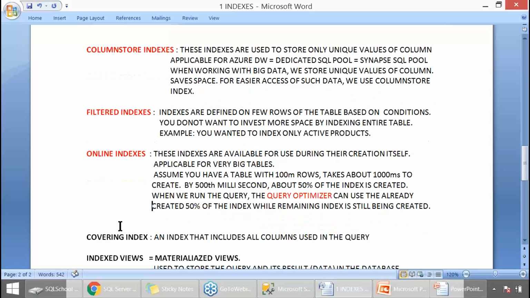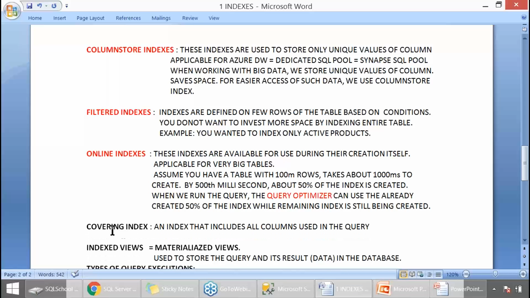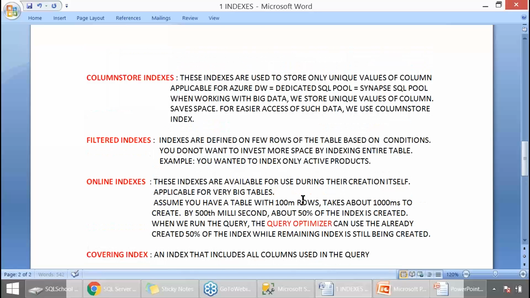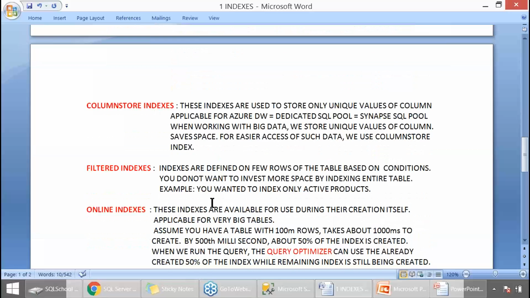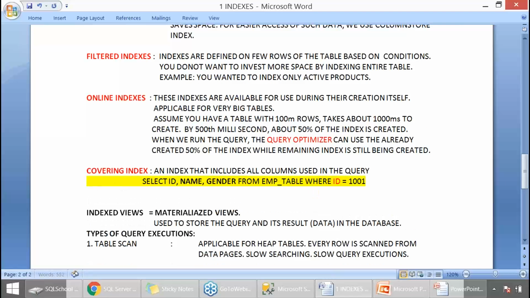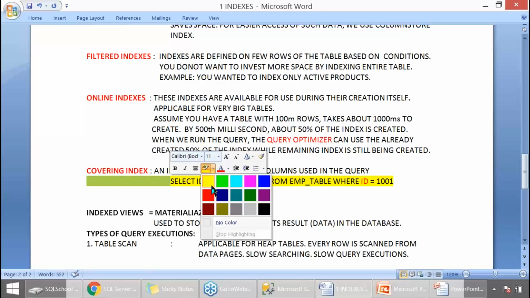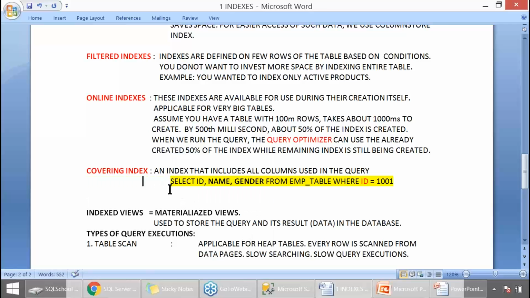Then we have covering index. An index that includes all columns used in the query. For example, I'll take this query. If any index includes all these columns used in the query, such index is called covering index for that query.